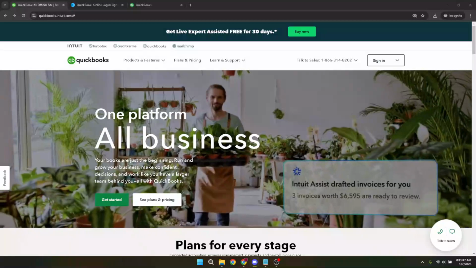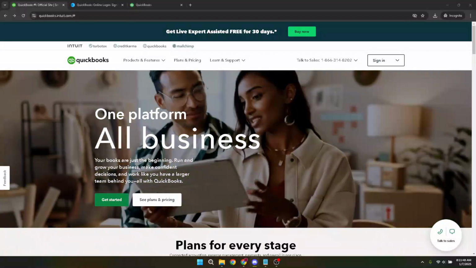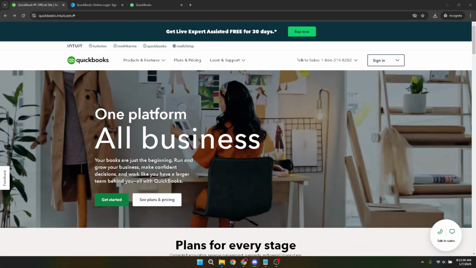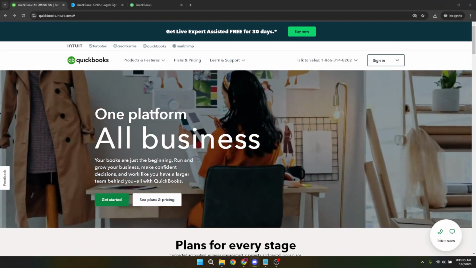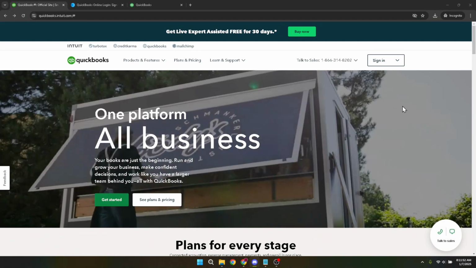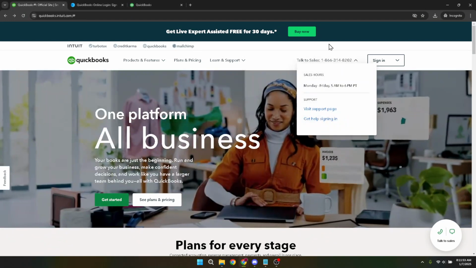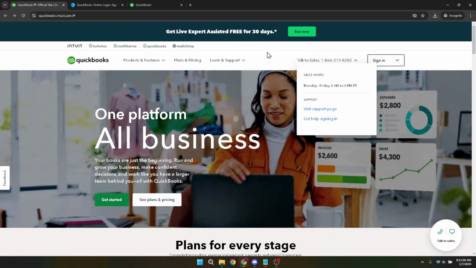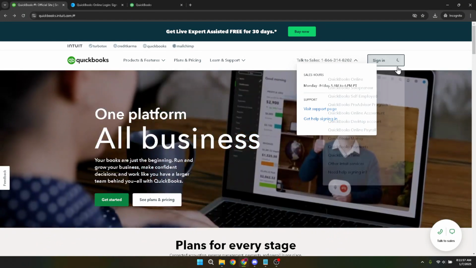In today's video, I'm going to teach you how to add GST on a QuickBooks invoice. Whether you're a small business owner or an accountant managing a variety of clients, grasping how to add GST, also known as Goods and Services Tax, to your QuickBooks invoices is an essential skill. We'll break this task down into manageable steps to make sure you can follow along easily.